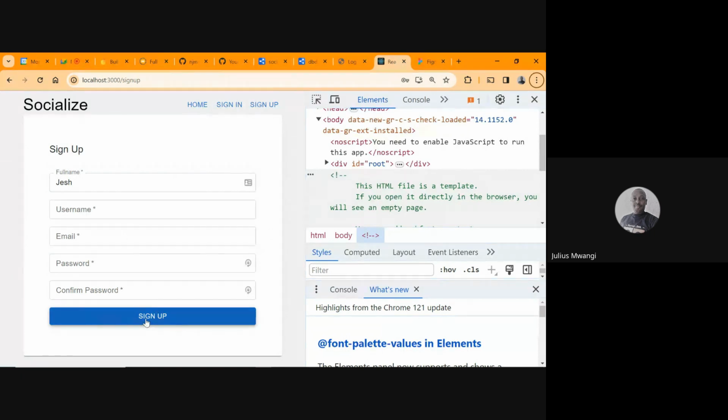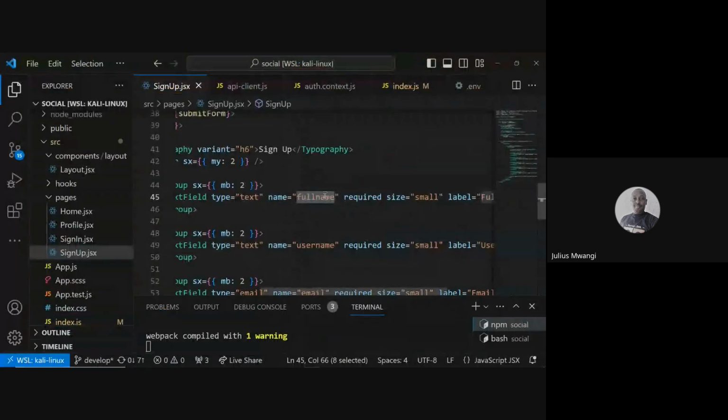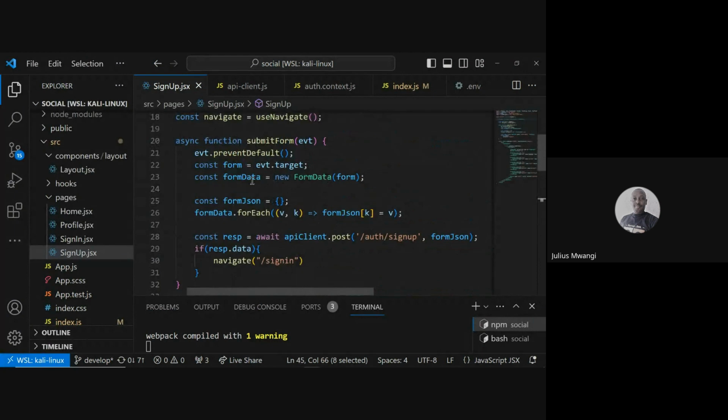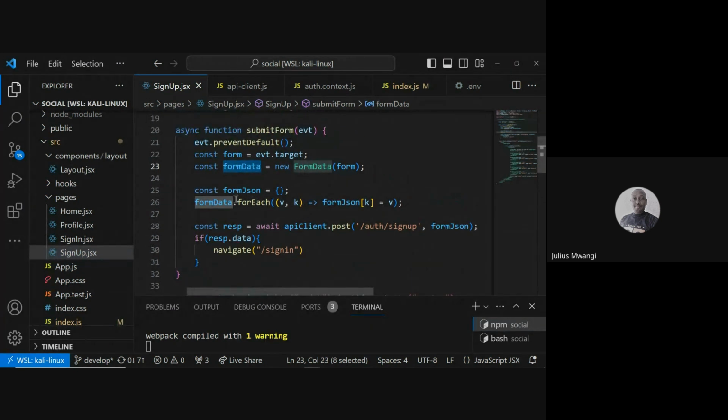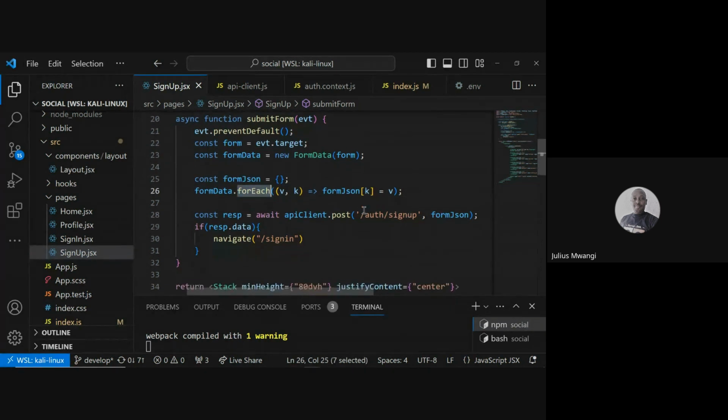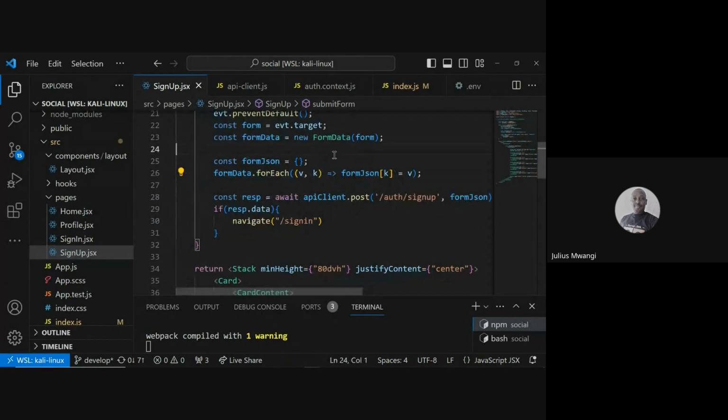The moment I click on the submit button over here, this particular action is going to pick all the fields and the values and assign that to form data. And because we want to format it as a JSON object, we go ahead and loop. So this for each, the for each here is a JavaScript way of iterating into the fields. So the for each here will iterate through all the fields that it has found, and then it's going to